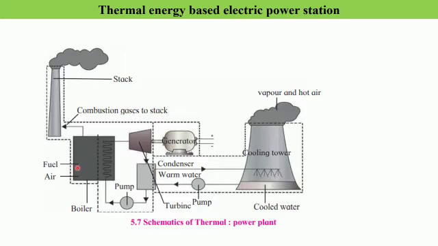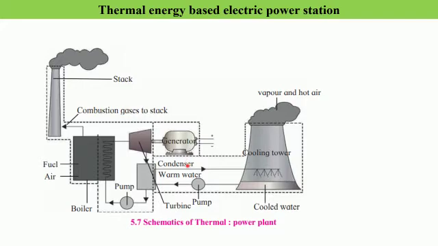Once the water boils and it is converted into steam, it is used to drive the turbines. So the turbine starts rotating due to the tremendous pressure and the velocity with which the steam comes out at high temperature. This turbine in turn then causes the movement of the generator, and electrical energy is generated. But once the steam is released, it loses its temperature as well as high pressure. This steam is then collected in the condenser.